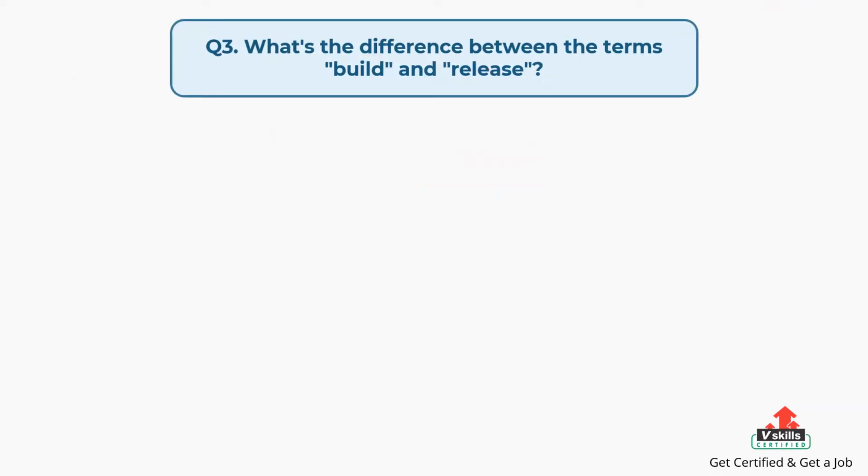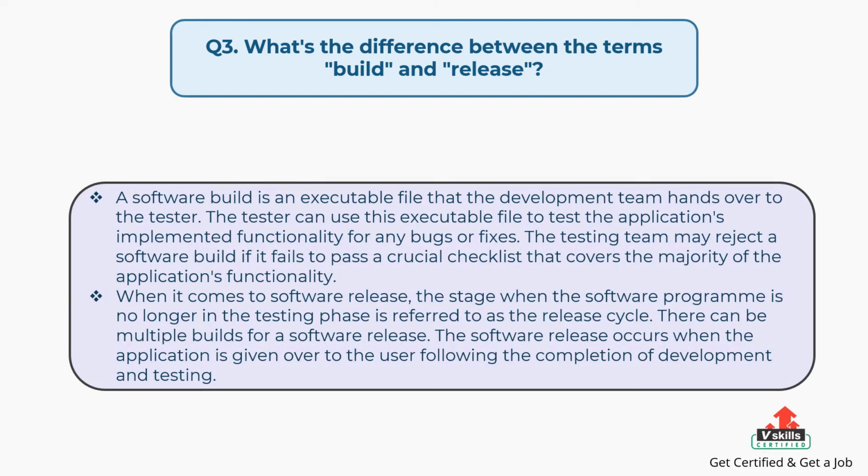Question number 3. What's the difference between the terms build and release? The answer is: a software build is an executable file that the development team hands over to the tester. The tester can use this executable file to test the application's implemented functionality for any bugs or fixes. The testing team may reject a software build if it fails to pass a crucial checklist that covers the majority